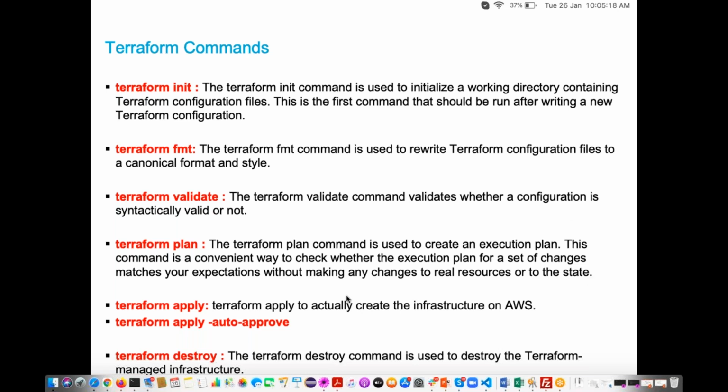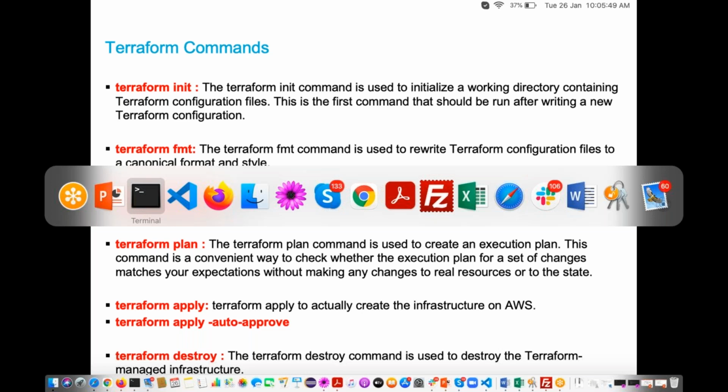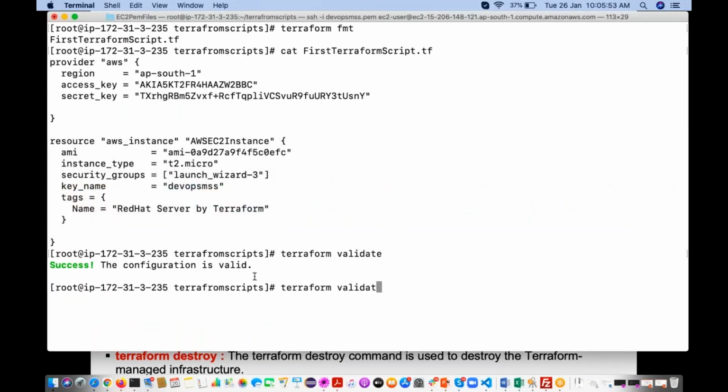See, before actually executing, I need to check whatever I have updated, whether it is going to execute as per my requirement or not. But it is not really going to execute it. It's like a dry run. Yes, it's like a dry run. It shows the things that are going to happen if you execute this Terraform script. Okay, if you want, you can execute the terraform plan also.